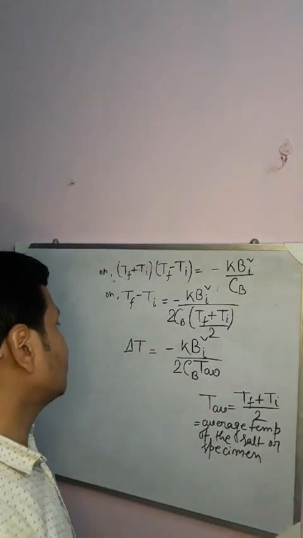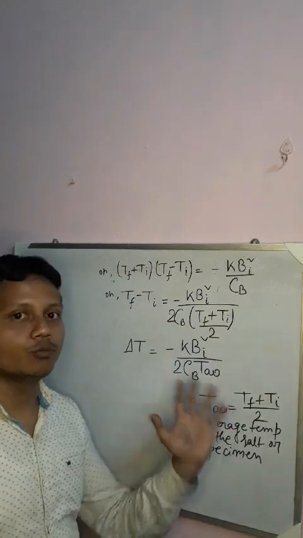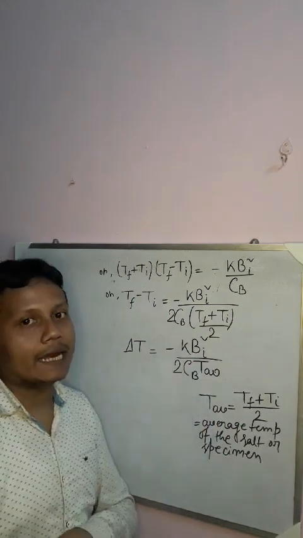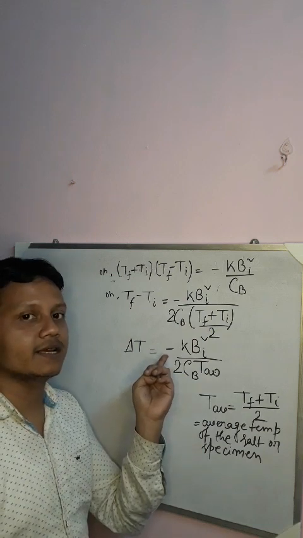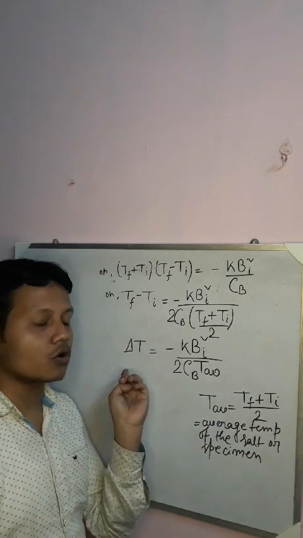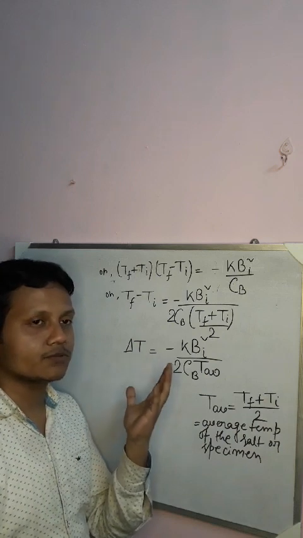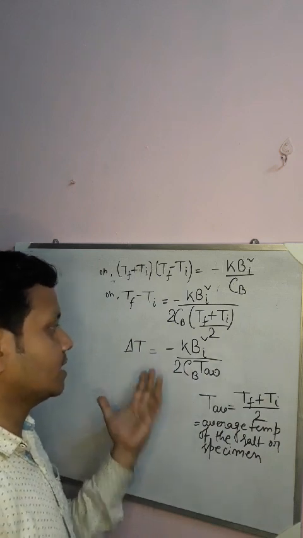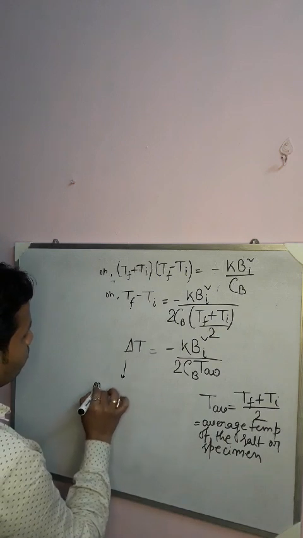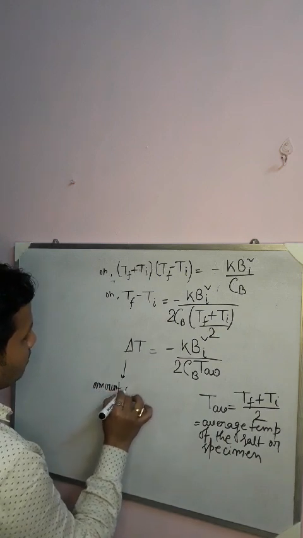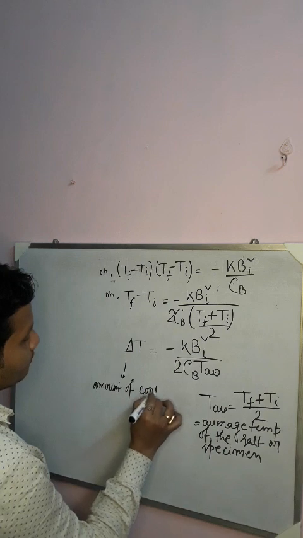That means this amount of cooling is produced in the adiabatic demagnetization process. This negative sign indicates that the temperature of the salt or the specimen decreases. So this is the amount of cooling